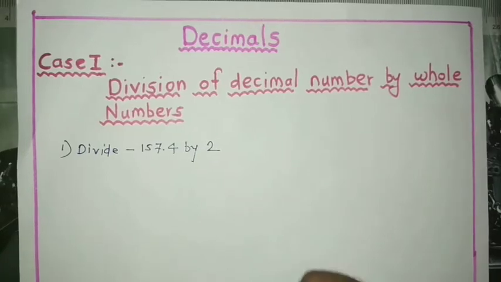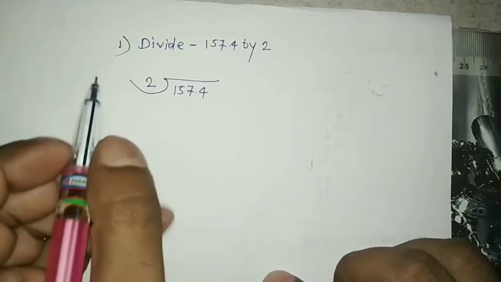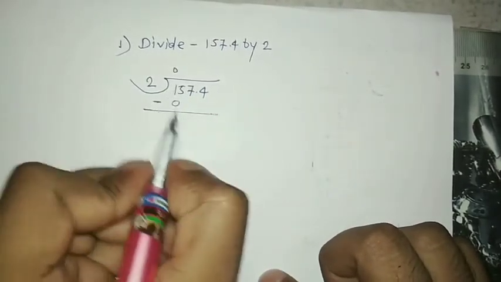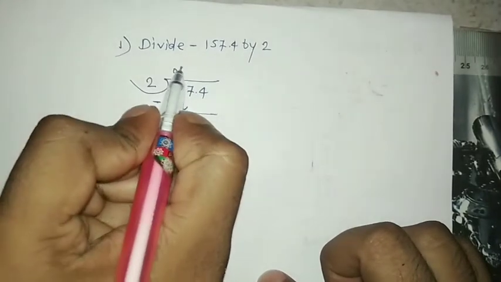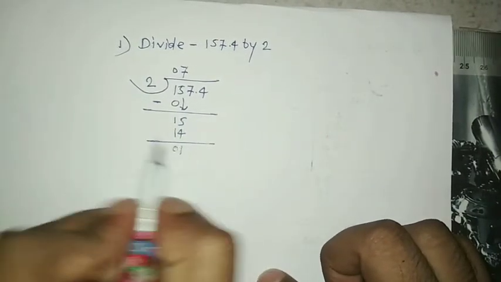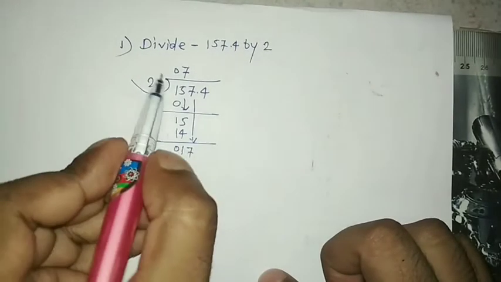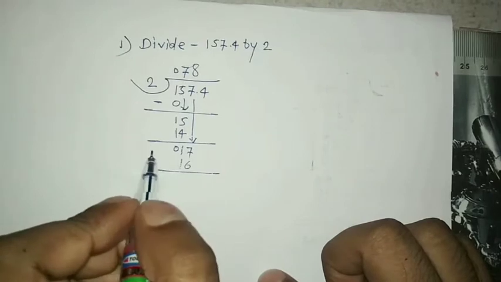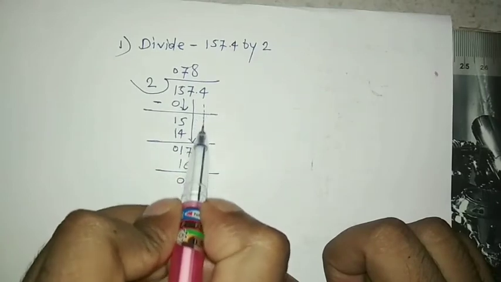So I solve this example. I divide 157.4 by 2. 2 zeros are 0, so 1 minus 0, 1 remains. I take this 5. 2 sevens are 14, so 15 minus 14 gets 1. Now I take this 7. We know that 2 eights are 16, so 17 minus 16, 1 remains. So take this 4,